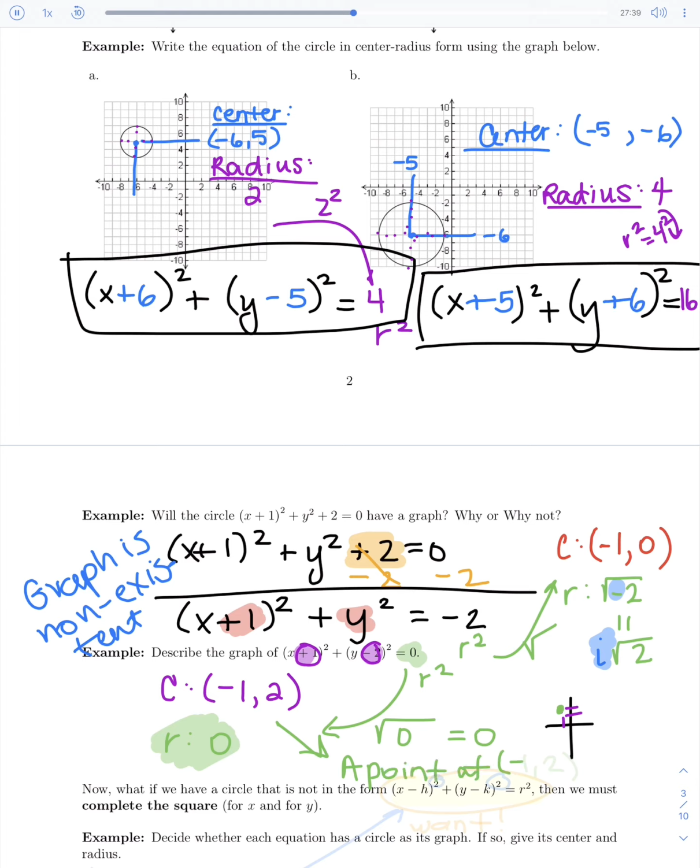So we have kind of 3 options. You actually get an actual number for your radius, which means you've got a circle. You get 0 for your radius, which means you have a point, or you get the square root of a negative, which means you have an imaginary number, which means there is no graph at all. Let's continue along looking at